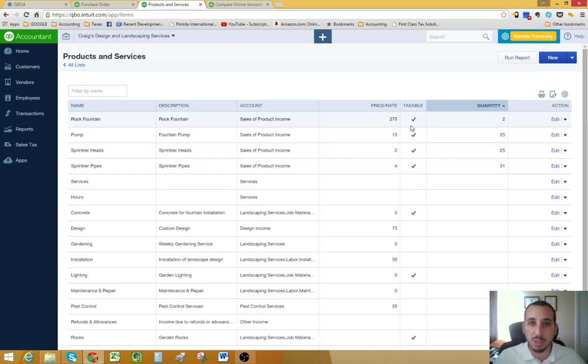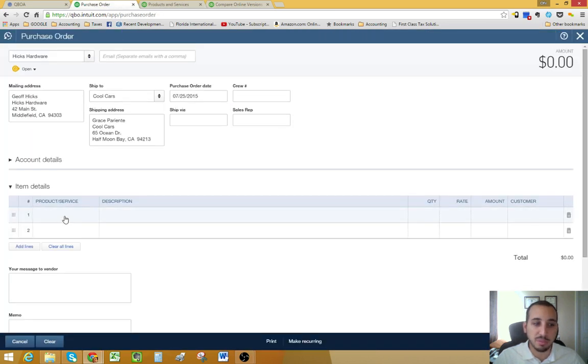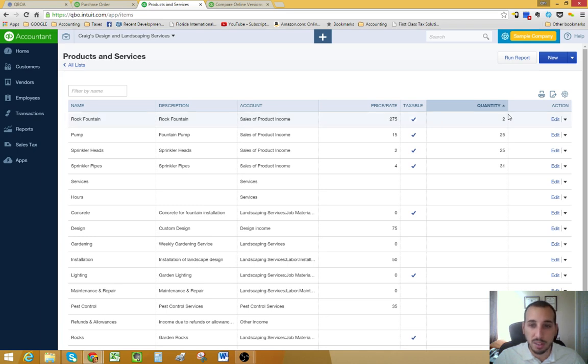Let me go in and give you an example. For example, this rock fountain item. It's an inventory item, so of course any inventory item is going to be available to use on a purchase order. You can find inventory items by clicking the quantity, and that's going to sort this products and services list by your inventory items, which is basically anything that has a quantity associated with